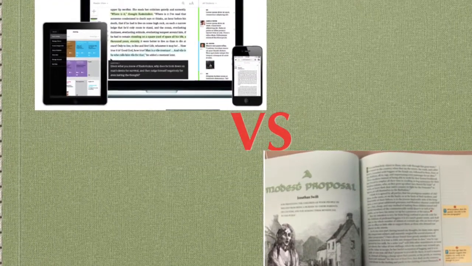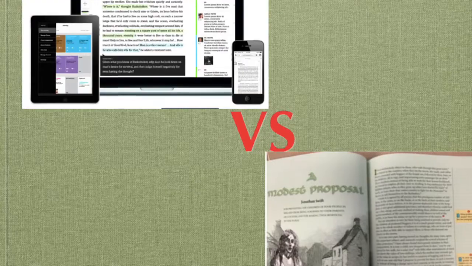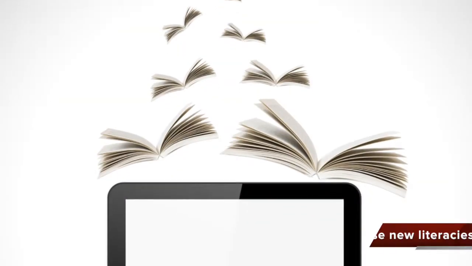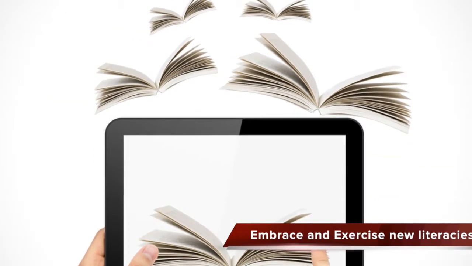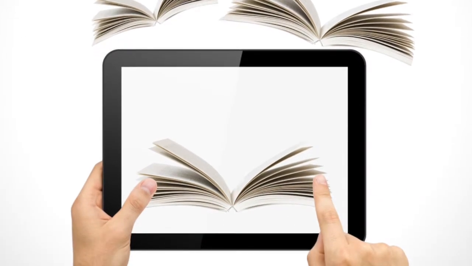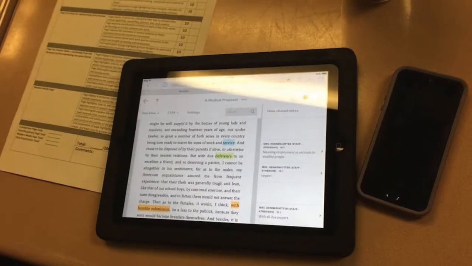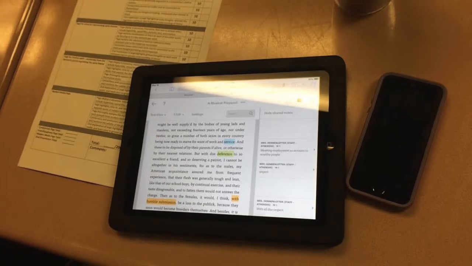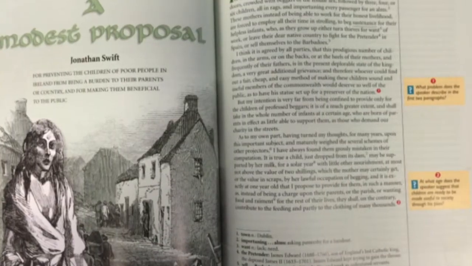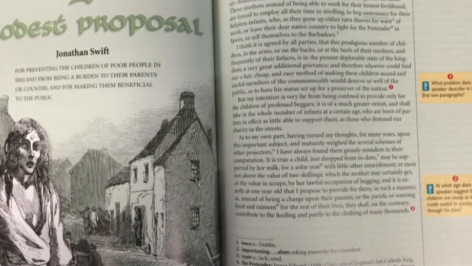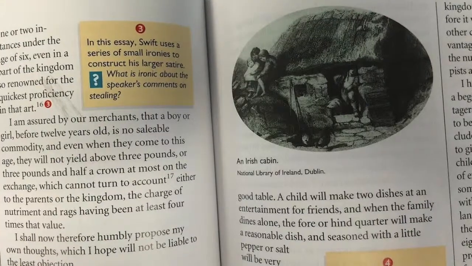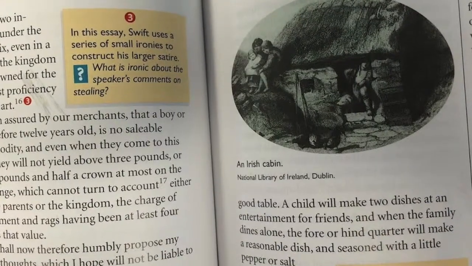We utilized the TPACK paradigm in our project-based inquiry to integrate technological, pedagogical, and curriculum knowledges by using Actively Learn to help students independently read Jonathan Swift's A Modest Proposal. In addition, we considered the theory of situated cognition to effectively describe how Actively Learn allows the instructor to embed relevant questions, notes, and definitions within the text. This means that students are exposed to new information within a relevant context to enhance their comprehension.